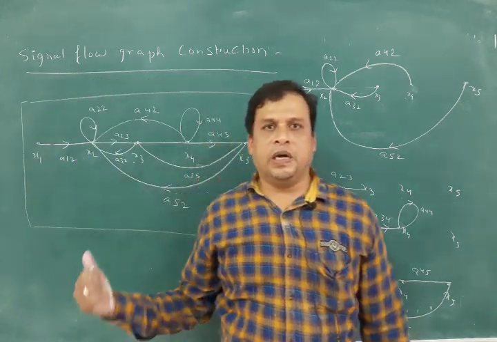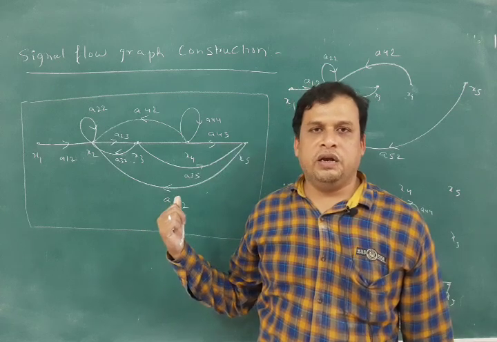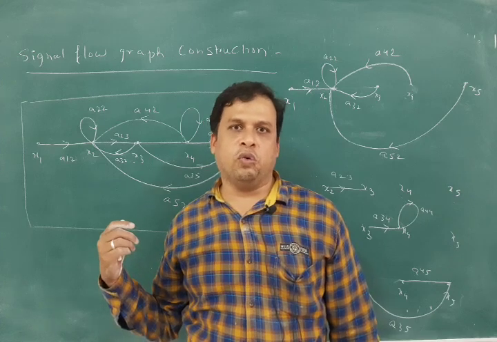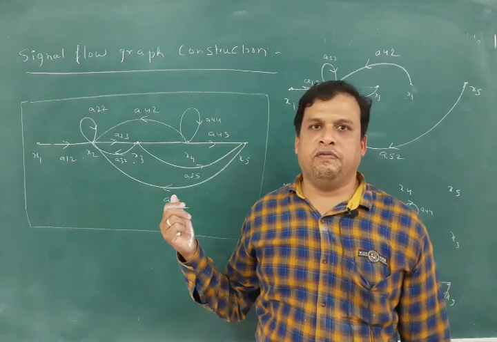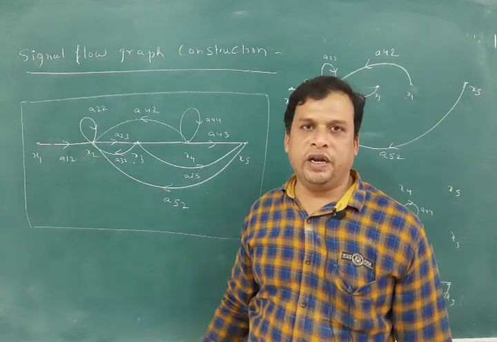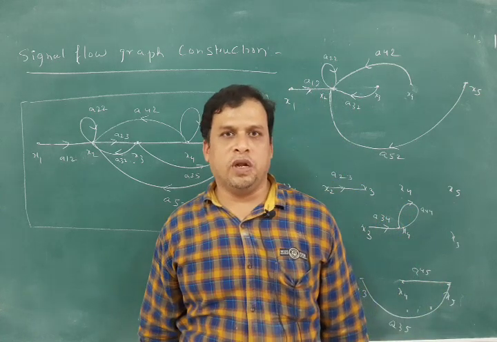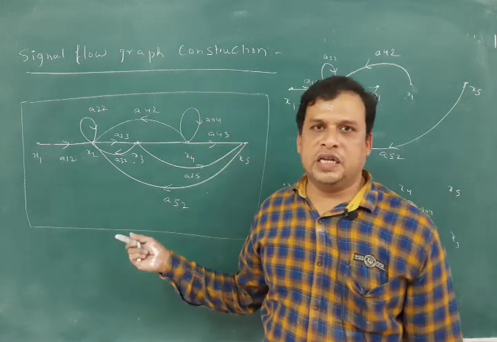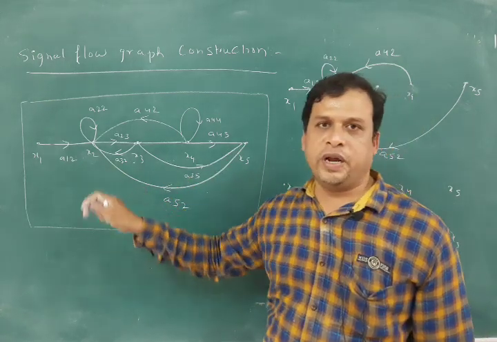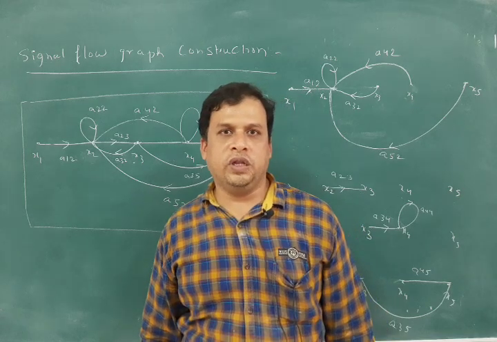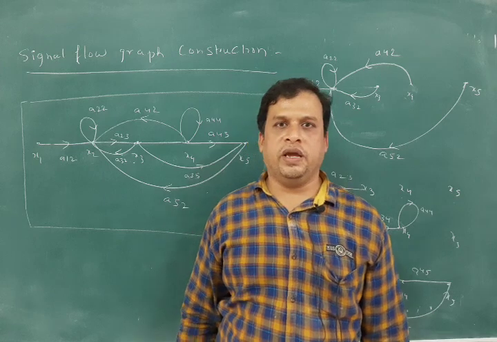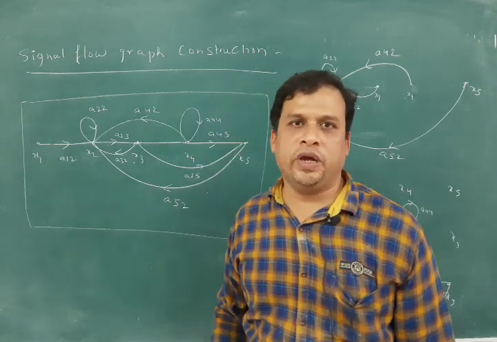Okay, we have got the pictorial representation of those equations now, and we have to follow Mason's gain formula. For overall gain, we have to follow the Mason gain formula, and we will be finding the transfer function also. We are able to find the transfer function by using that formula. So students, we will end our topic here, as we have seen how to bring the signal flow graph from algebraic equations. In the next class, we will be dealing with Mason's formula for writing the transfer function. There we will be writing the transfer function from the signal flow graph. Okay, thank you.